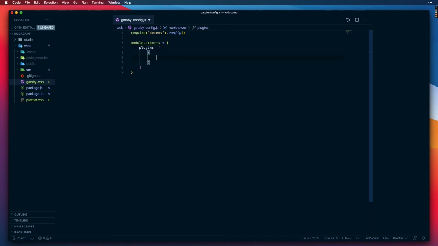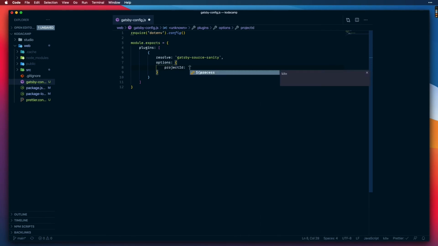And in that array of plugins, we will have an object where we will resolve gatsby-source-sanity. So the options that we're going to pass it are going to be the project ID, and